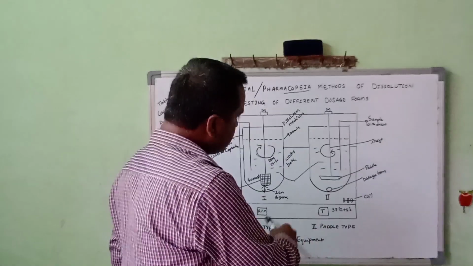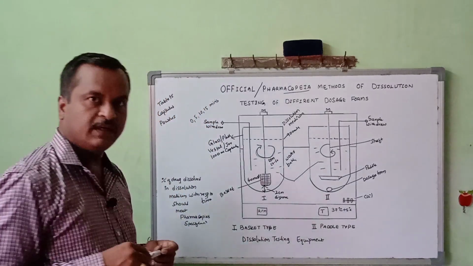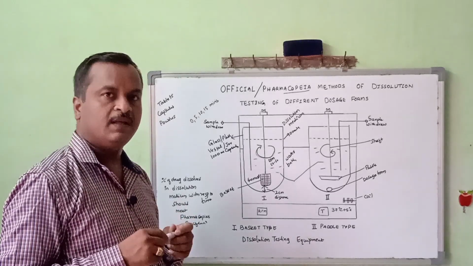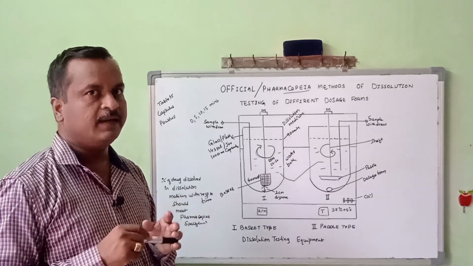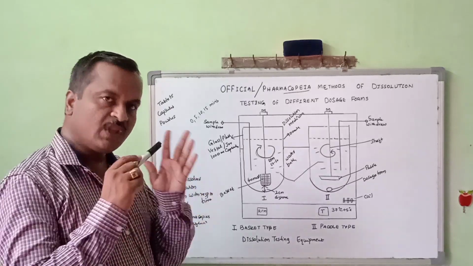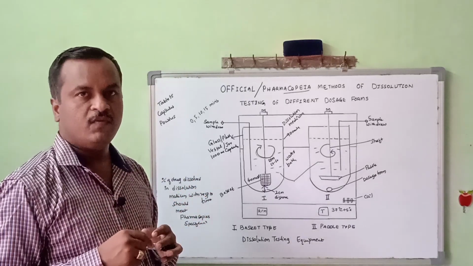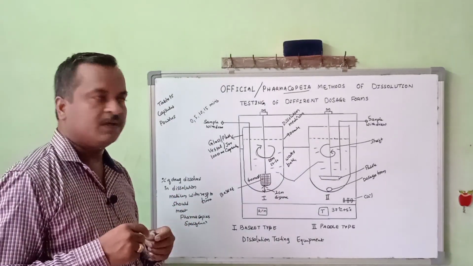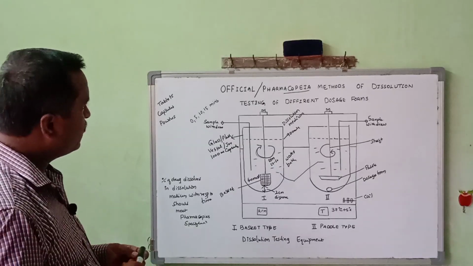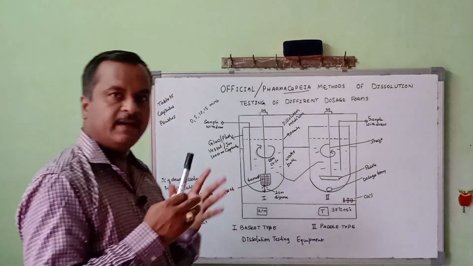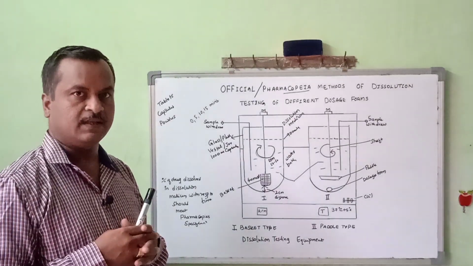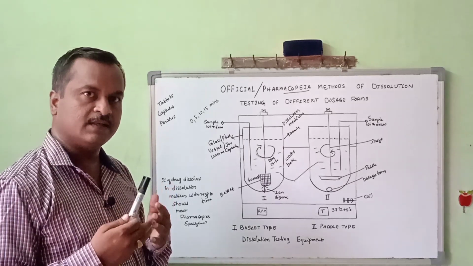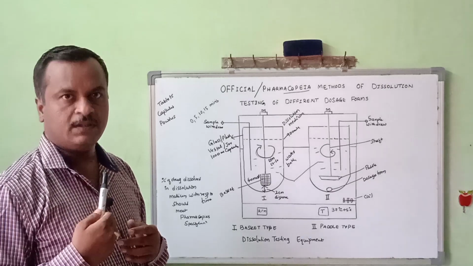And these basket and paddle methods are very important in the pharmaceutical field, either on the laboratory scale or on the industrial scale. The method adopted for this is a standard, and whatever result you get will be correlated with the in vivo study. So that is the procedure that will be adapted for the different types of dosage forms. With this, what we conclude is that this equipment is mainly used for identifying how much of the drug is released in our body, with respect to the time of administration